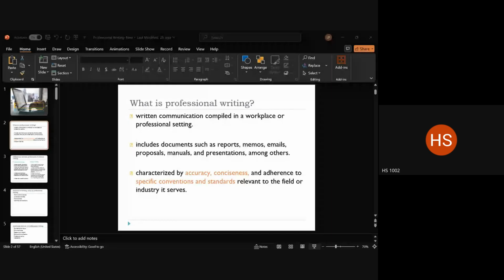Okay. Now, there are three main things that make professional writing different from other forms of writing, particularly creative writing or fictional writing. What are those? The first one is accuracy. Now, here, accuracy doesn't just mean factual accuracy. When I say what you put inside your document should be accurate, I'm not simply talking about writing factual details. Write something that is factual in nature. Don't write anything that is incorrect or non factual. That's not the only point. Of course, that is one point that you need to keep in mind.